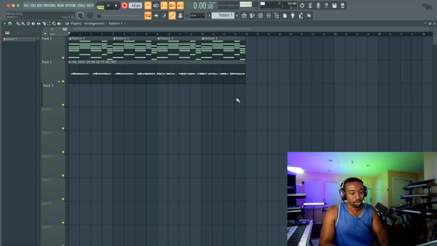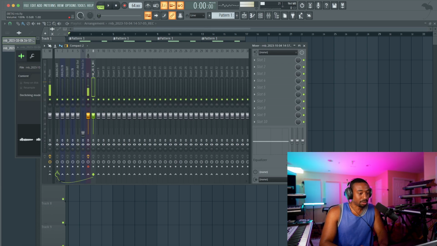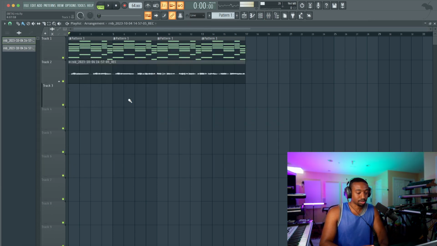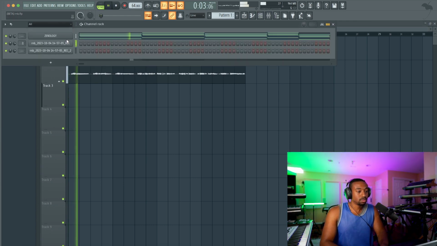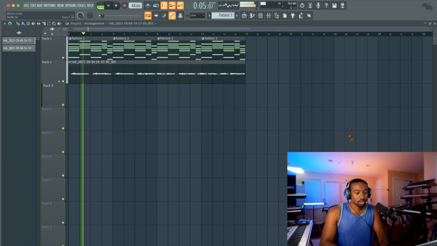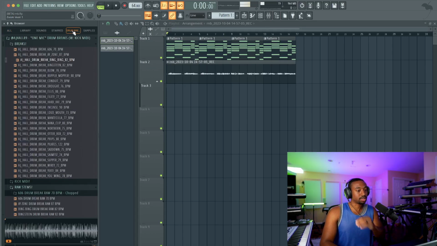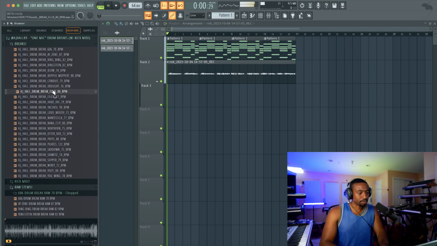Okay, so pretty simple. Once you have that melody, you just lock it in. So the chords don't need to change much. It's really about the vibe that you're creating now. So once you have it here, it's just the vibe. Everything else is pretty much locked into the chord. So if you want more vibe, you could add reverb, chorus. Now you don't want to overdo it, because if you overdo it with the drums, it's going to take away the whole vibe. Let's just see if we can find some drums.